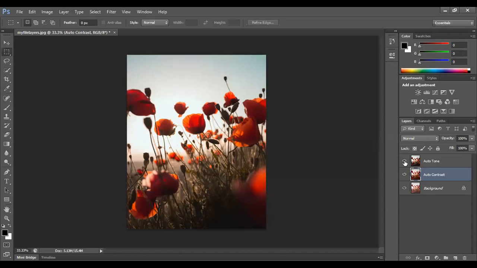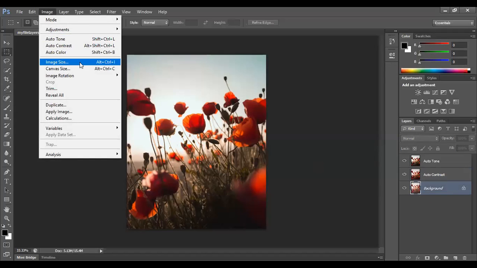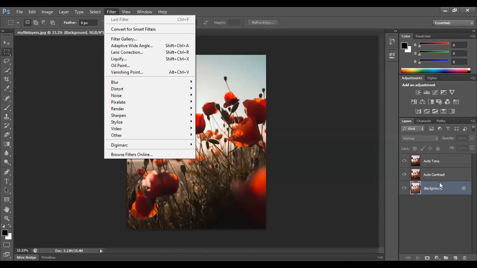Okay, fine. Moving to the third section, ma'am, while editing, we don't try all the three and then choose the best one, is that extensive? Not really, I'll tell you why. Because if you actually want to edit layers now, it's very simple. Right now, I'm going through the image menu and showing you in these ways. But usually, it's very simple: Shift Control L, Shift Control B. People use shortcuts very, very commonly in Photoshop. They don't really go to Image and do it. It's just Control J, Shift Control L, auto tone done. Control J, Shift Control B, auto color done. This is the way graphic designers actually go about it.